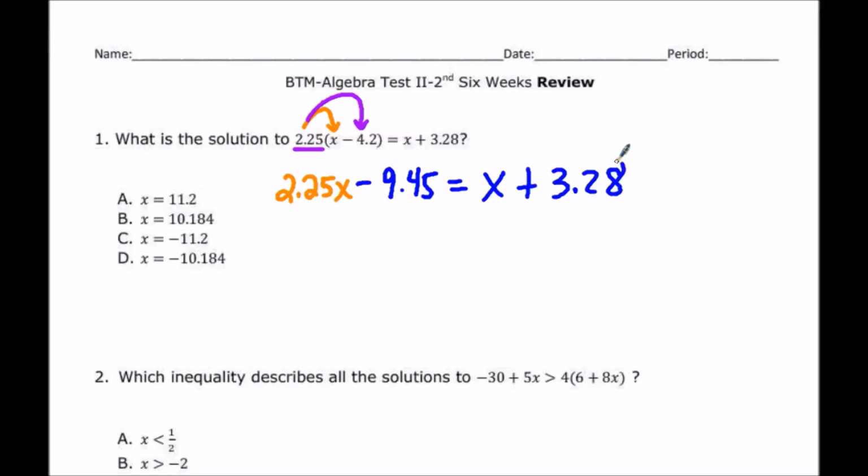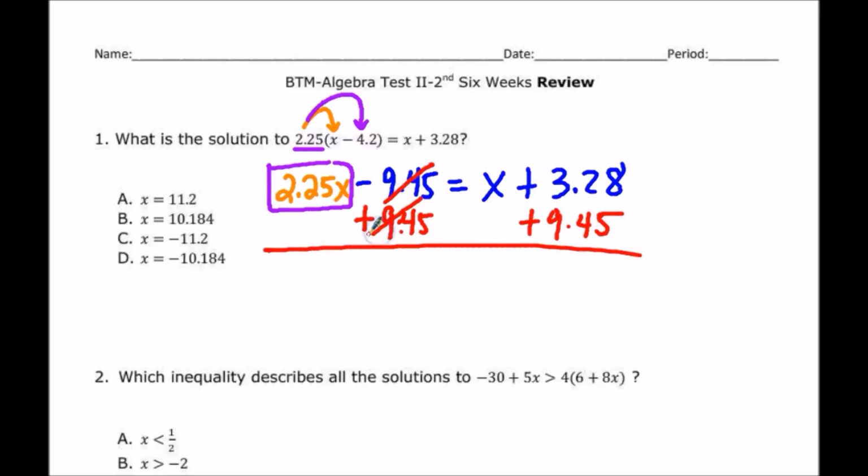Now, we've taught you that we want to get all the x's on one side and all the numbers on the other. So we can do quite a few things here. I personally like this x right here. So I need to get rid of the 9.45. So simply do that. How about we do the opposite? I'm going to add 9.45, and then add 9.45, okay? So, peace out. So I get 2.25x equals x plus,